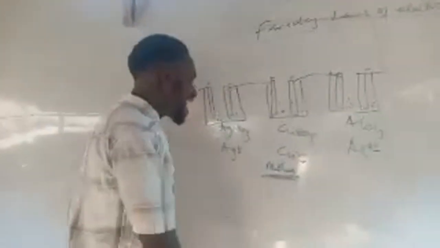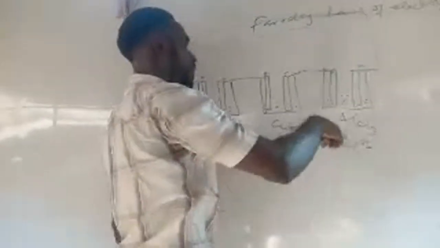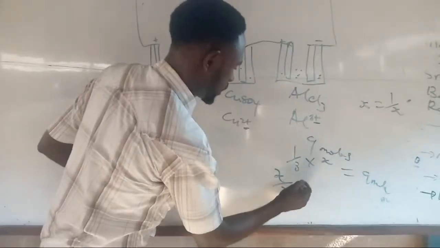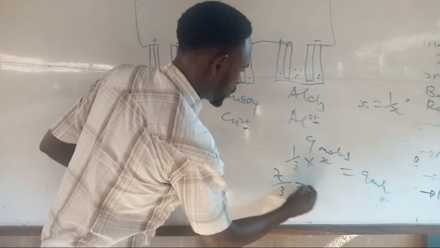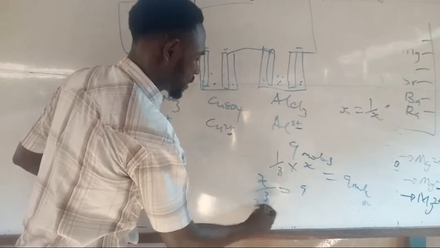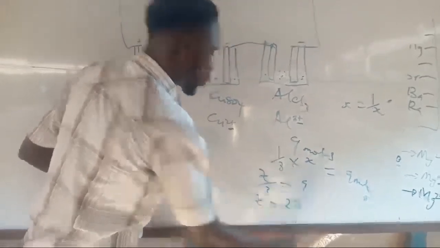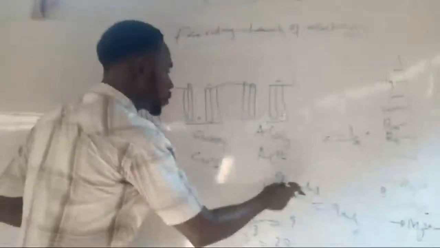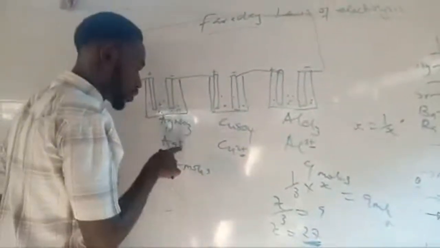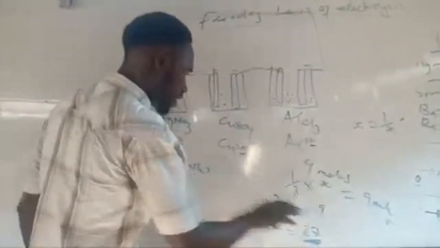We are talking about inverse here, which means that the higher the charge on the ion of the element, the lesser the mole discharged, because it's inverse. So 1/3 times x is equal to 9, such that x is equal to what? 27. This 27 is for ions that have one charge, which means if 9 moles of aluminium was discharged, 27 moles of sodium will be discharged, 27 moles of potassium will be discharged, because they all have +1. Just use this my cheat.